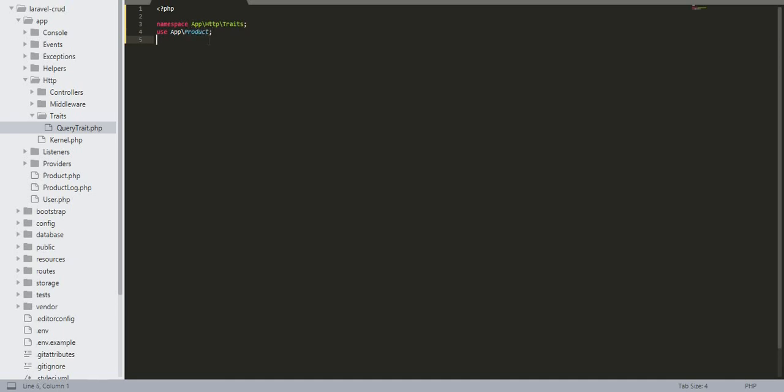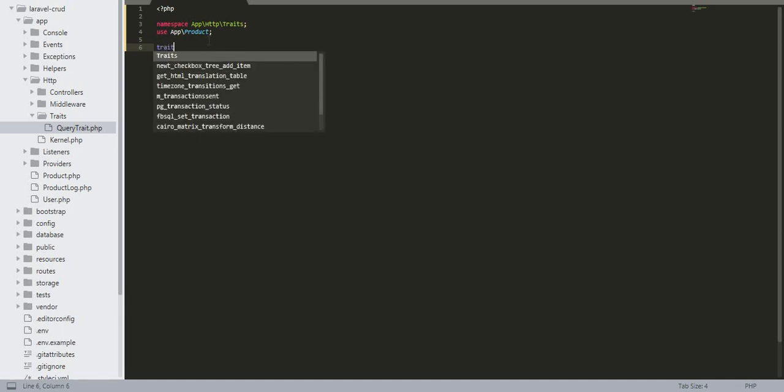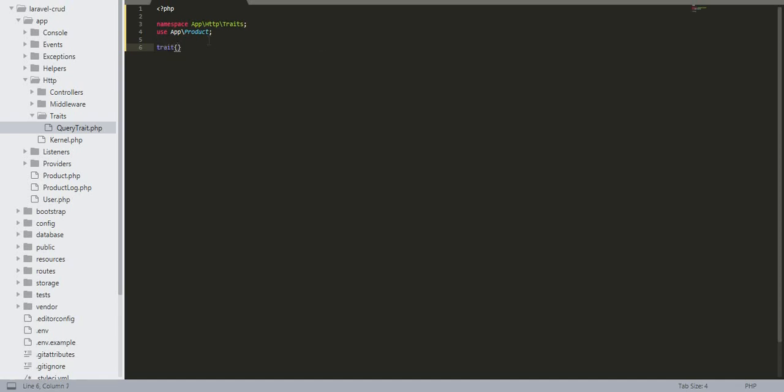Product, and then trait, and this will be our class name, QueryTrait.